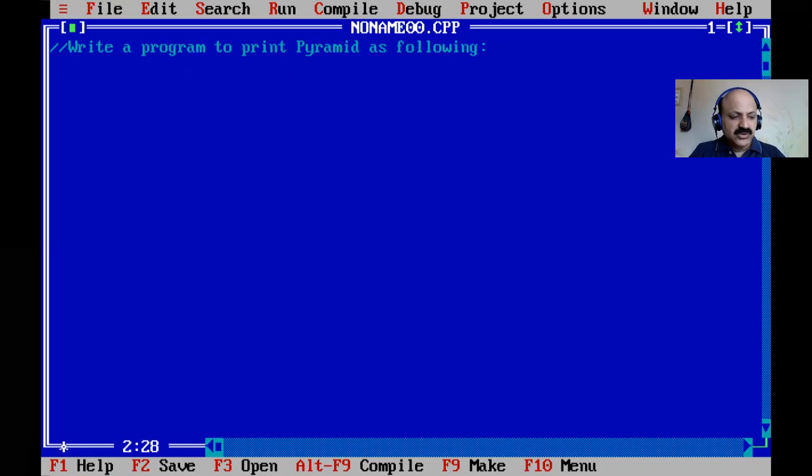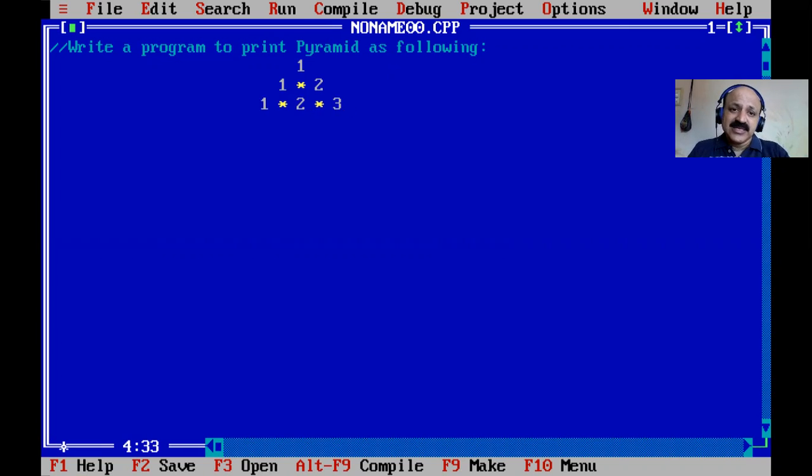So how is it mixed? First is a 1. Then again 1, and mix means asterisk and then a digit. So first row is 1, then the second row is 1 asterisk 2, then the third row is 1 asterisk 2 asterisk 3.